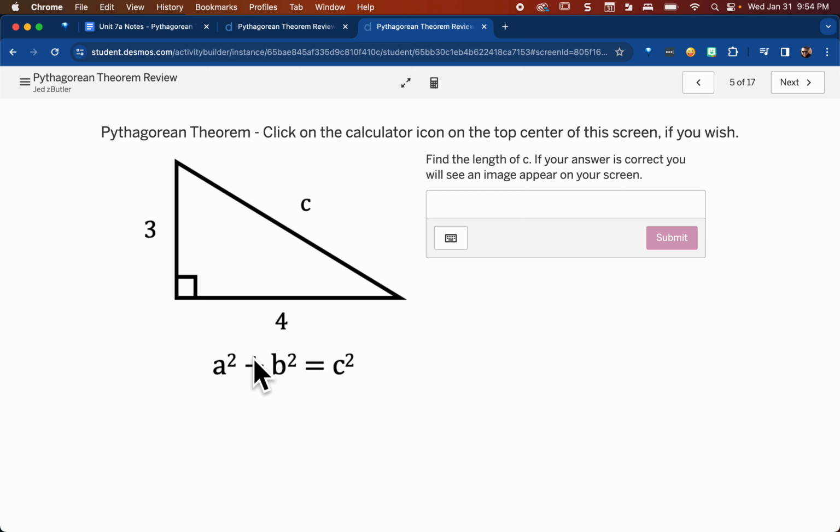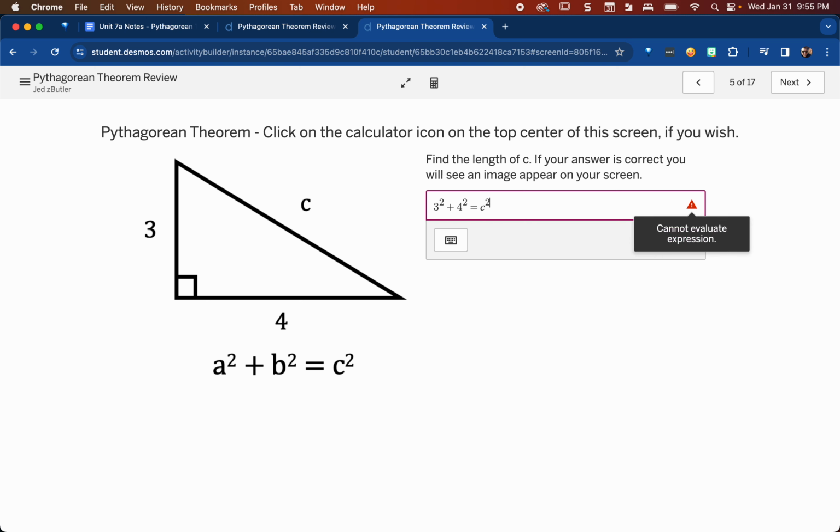All right, so I know this formula. We've seen this before, and it's like a squared plus b squared equals c squared. So a and b are my 3 and 4. So I have 3 squared plus 4 squared equals c squared. But another way to say that is I could square root